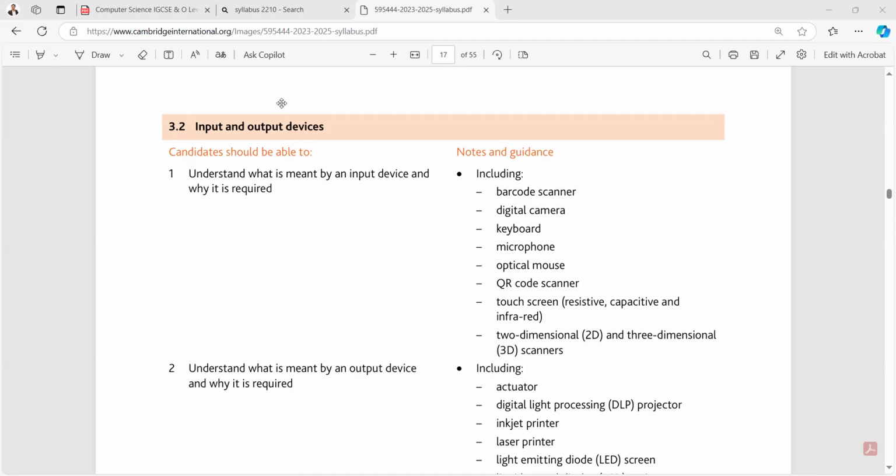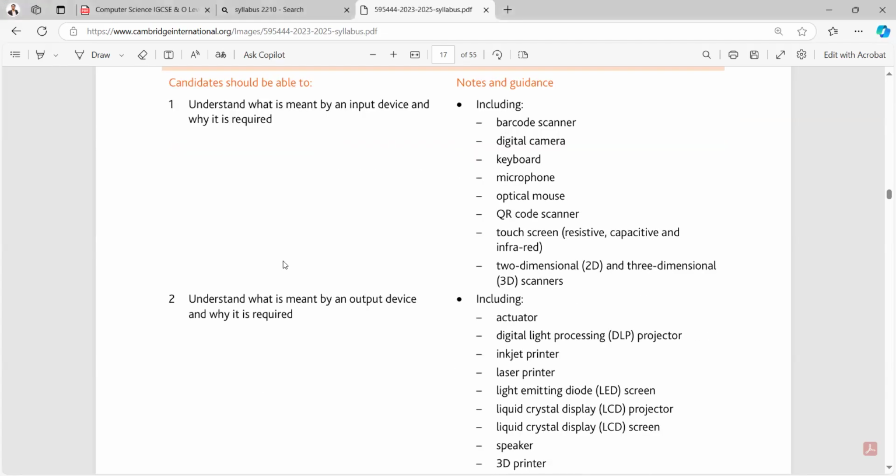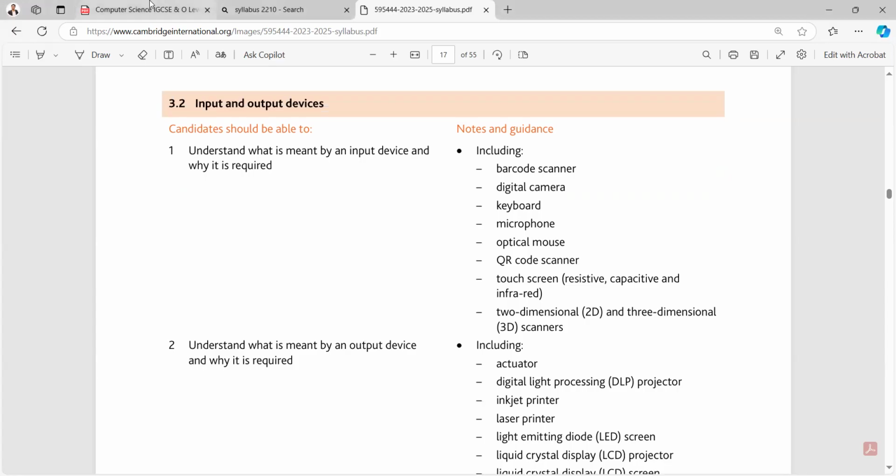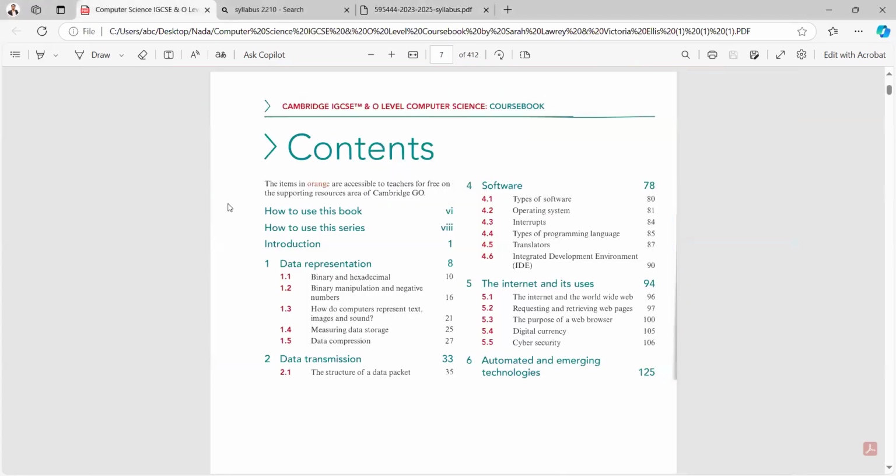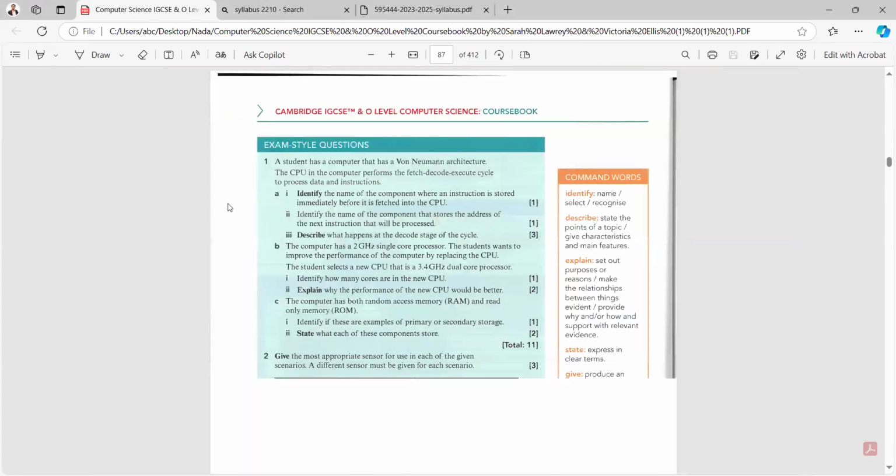And an output device is one that generates an output after processing. For example, you have your printer, your projectors, your speakers. So this is regarding the two areas, the input device and the output device. Now,